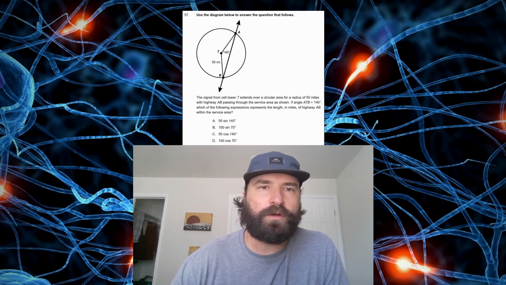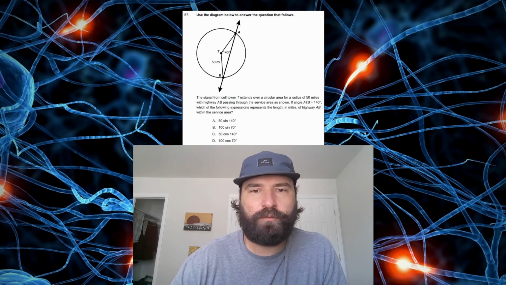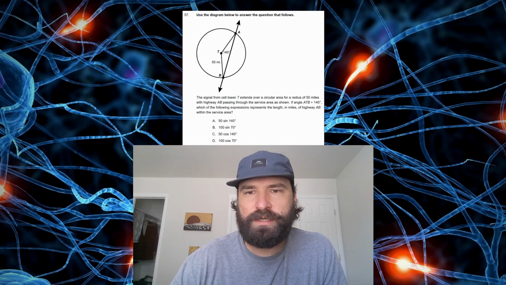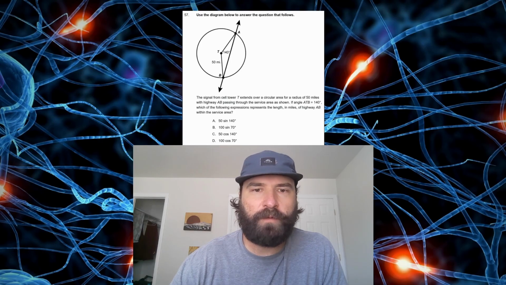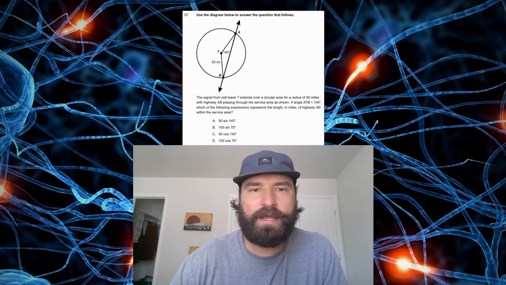Let's run through another MTEL question. This one says, use the diagram below to answer the question that follows. It says the signal from cell tower T extends over a circular area with a radius of 50 miles, with highway AB passing through the service area as shown. If angle ATB is 140, which of the following expressions represents the length in miles of highway AB within the